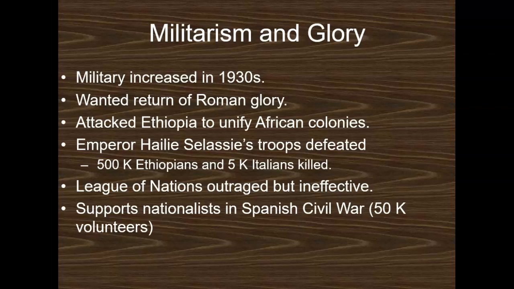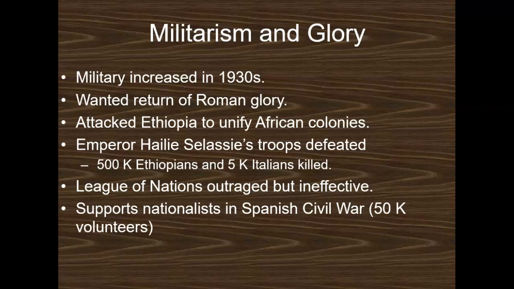It's not a very fair thing, but it gives Mussolini kind of a feather to put into his cap and claim that the Italians are great people once again. The League of Nations, which you might remember was created in order to stop these kinds of things from happening, and all of the various treaties that had been agreed to in the 1920s, were simply ignored. And that's really what you have with fascist states. They don't really care about keeping the peace. And the League of Nations was both outraged and really quite ineffective in stopping fascist Italy from taking over